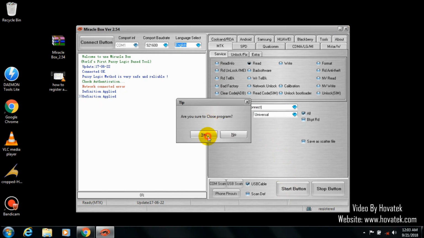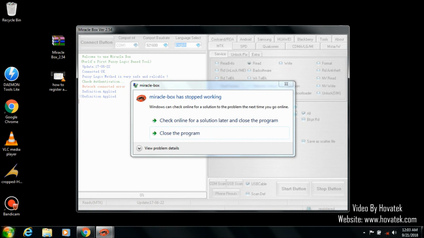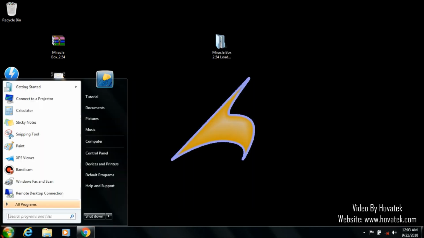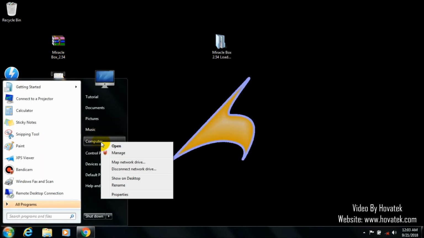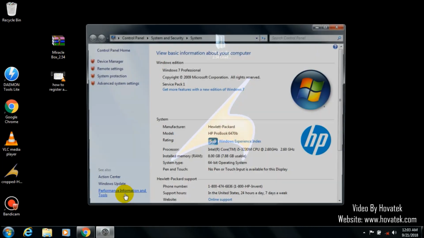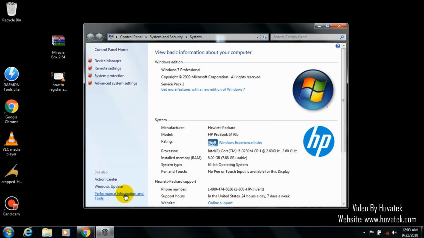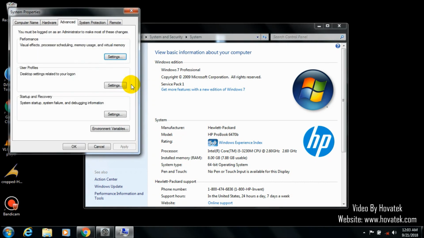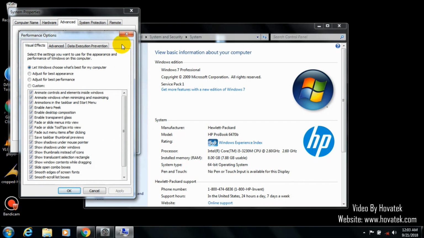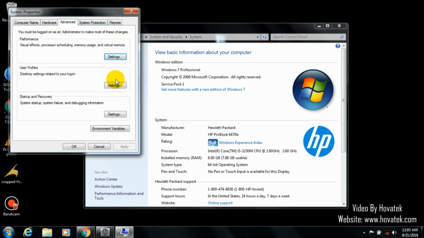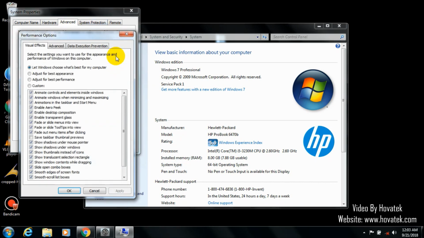Once you close Miraclebox, then go to computer and right click on it, go to system properties, then click on this advanced system settings, then click on settings. Then you have to click on the advanced, you'll see settings and click on it, then go to data execution